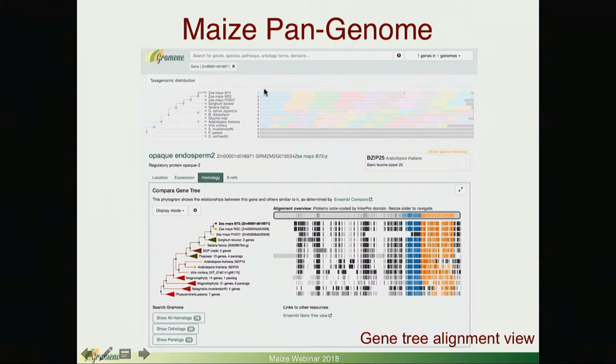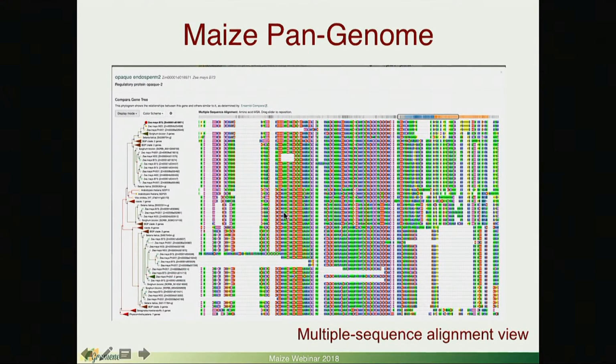So similar to Gramene, the Maize pangenome allows you to have gene tree alignments. Here, these can be chosen under the homology tab of a search. You can choose between 3 different kinds of displays. Here is shown the gene tree view, but you can also go to the multiple sequence alignment under the display mode and look at the amino acid level